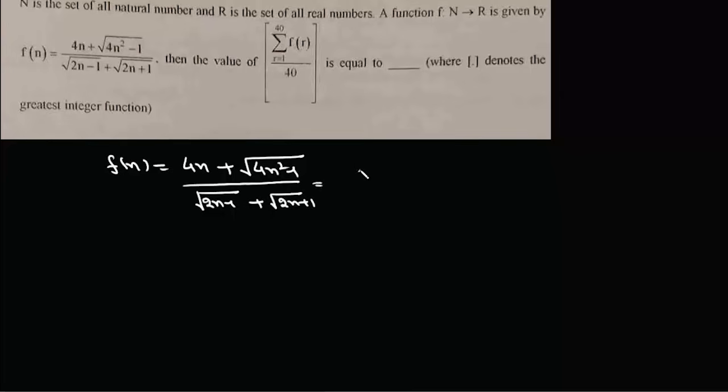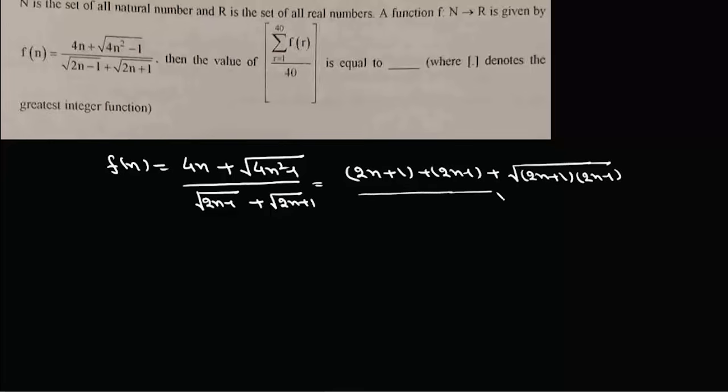Now what we'll do is, we can write this as (2n plus 1 plus 2n minus 1 plus under root of (2n plus 1)(2n minus 1)) whole divided by (under root of 2n minus 1 plus under root of 2n plus 1). And if we take